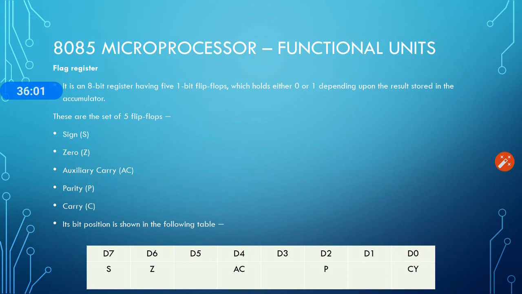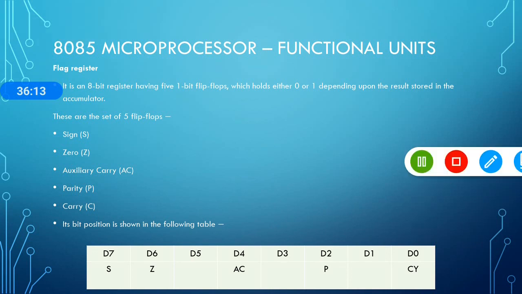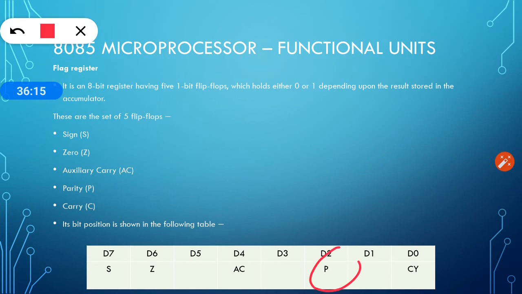And if a final borrow is generated, at that time this CY bit becomes 1 in subtraction, and in addition, as I explained earlier, right? So there is no kind of confusion. Okay, so now the last bit remaining is this parity bit. Parity is actually of two types, even parity and odd parity. So what is even parity and what is odd parity?